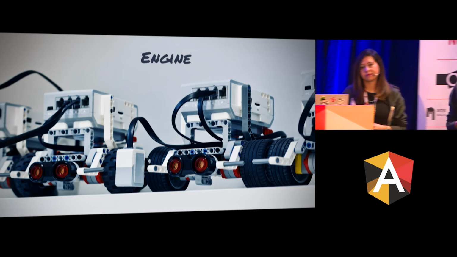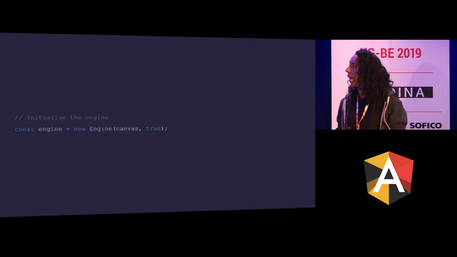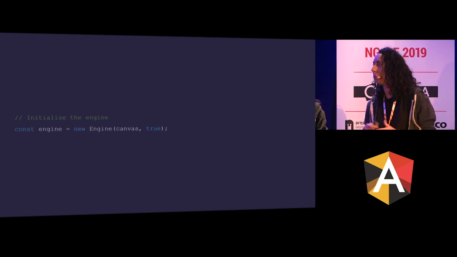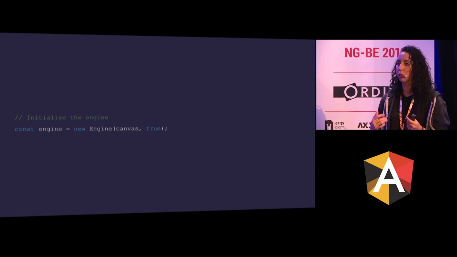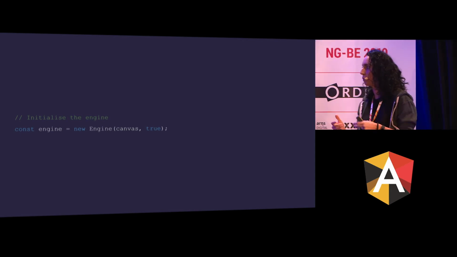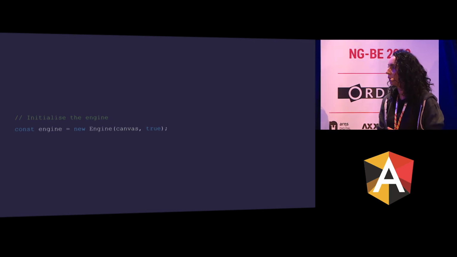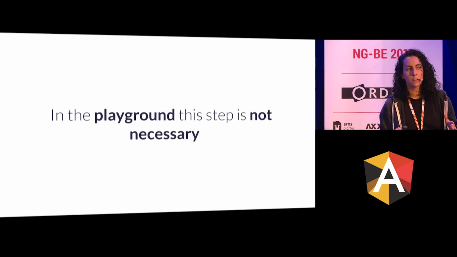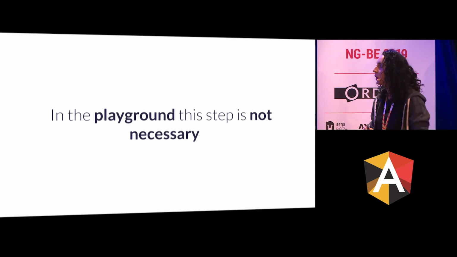Well, the engine gets everything running, right? So what we need to do is enable the babylon.js engine. As it's TypeScript, I guess you're all familiar with it because of Angular. We call the class Engine and pass through the canvas, which is what Sherry was talking about earlier. We say true because we want all of the properties that canvases provide. Otherwise, it defaults to false, and we don't have any of the properties, and I don't know why that's the default. If you are using the playground, the engine's already running, so this step is not necessary. Later on, we'll show you how we use this in Angular, so this part is very important.